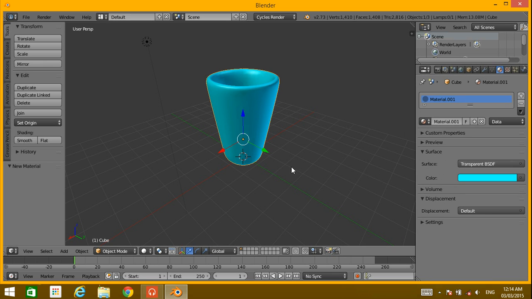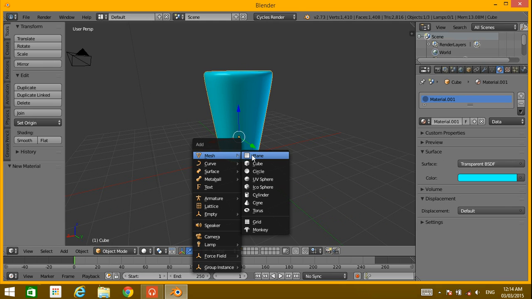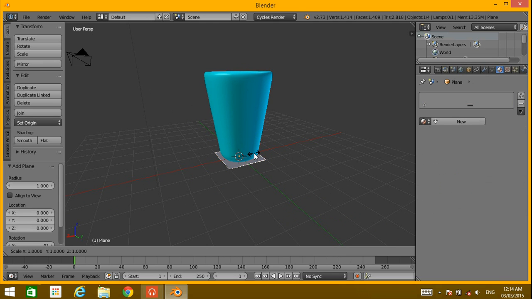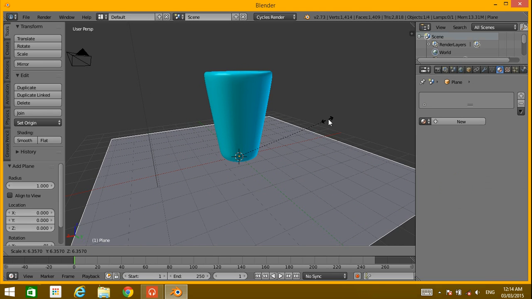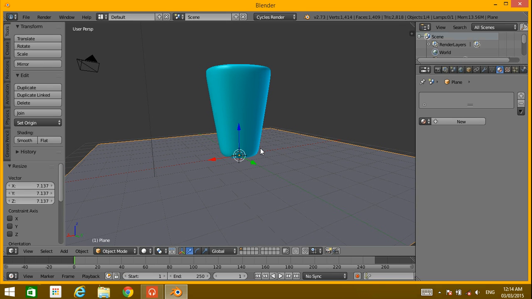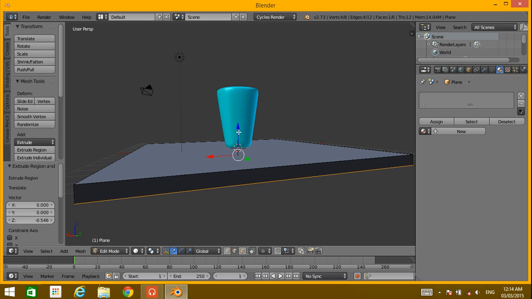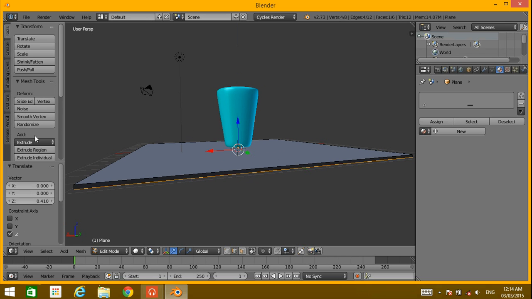Alright, and for the surface I'm just creating it by pressing Shift A and selecting plane, and S to scale it up. I just press S and drag it, and go to edit mode by pressing Tab, E to extrude downwards, right, up a little bit, and smooth it.